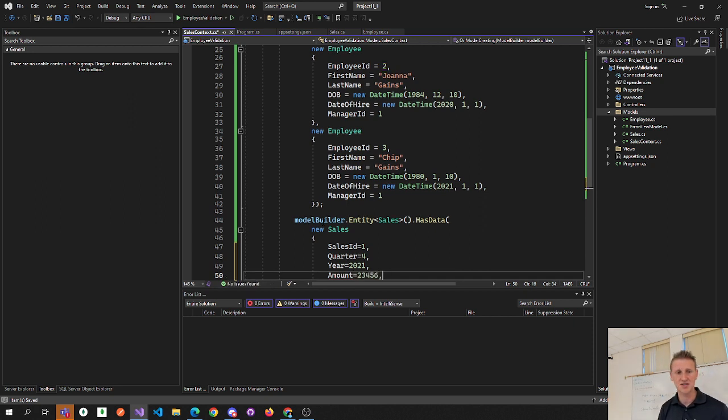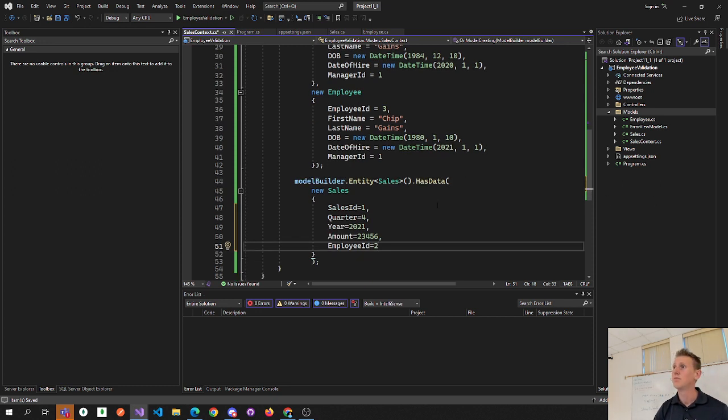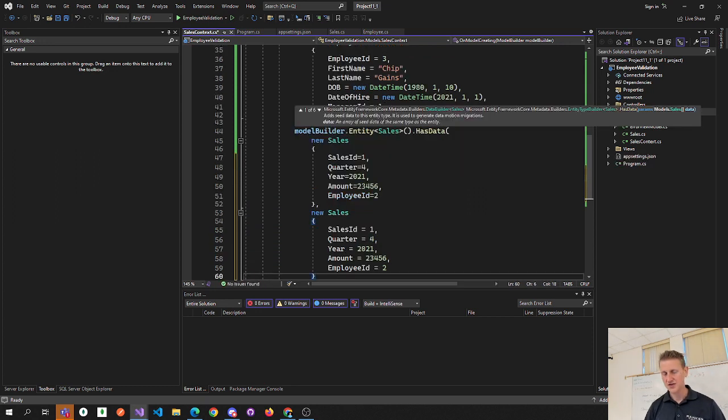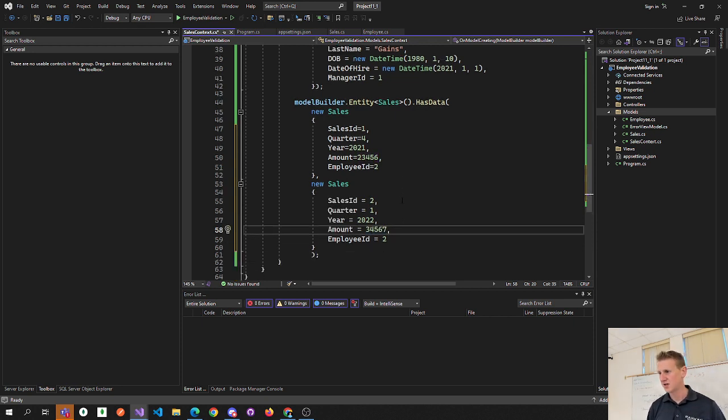Amount 23456. Employee ID is 2, so Joanna. Alright, so let's bring in a few more sales. Paste another, sales ID of 2. Quarter 1, year 2022, 3, 4, 5, 6, 7, and this is also employee 2,